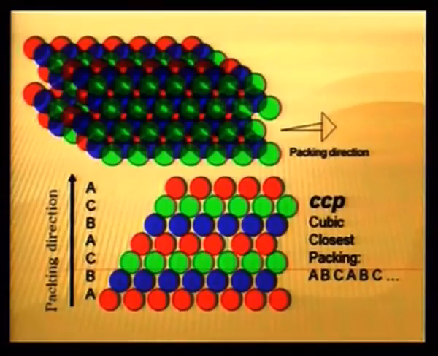Bottom layer, first layer, second layer is staggered, third layer is still staggered. It is not a repetition of the first layer. Only the fourth layer is similar to the first layer. So, here we have 3 types of arrangements, 3 types of layers, A, B and C, and the pattern repeats ABC, ABC, ABC. Repetition of this pattern you can see from the direction of packing,